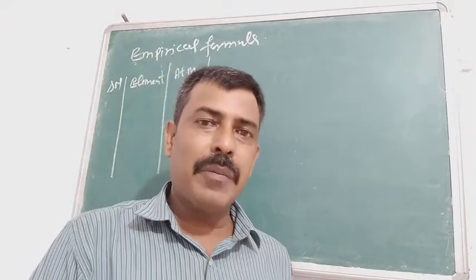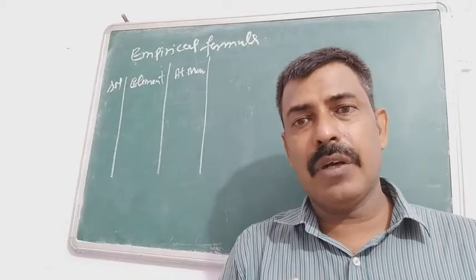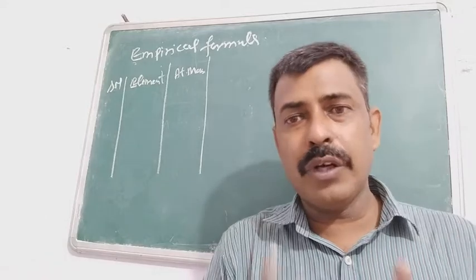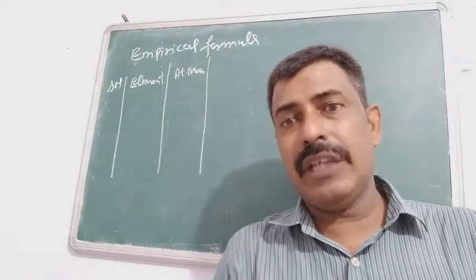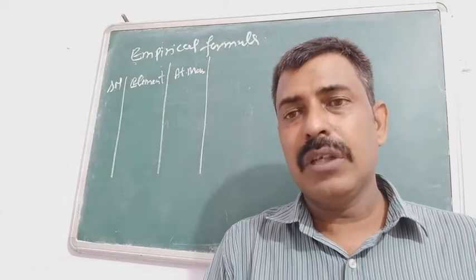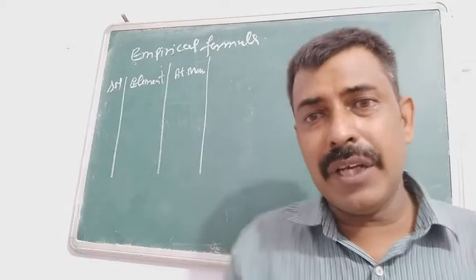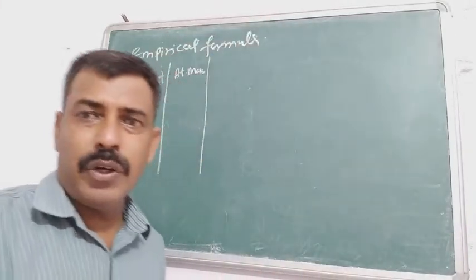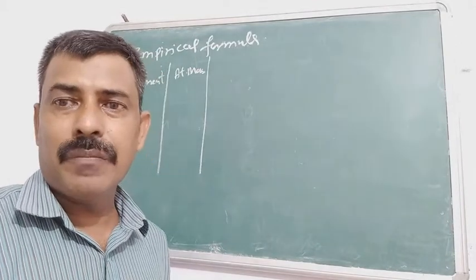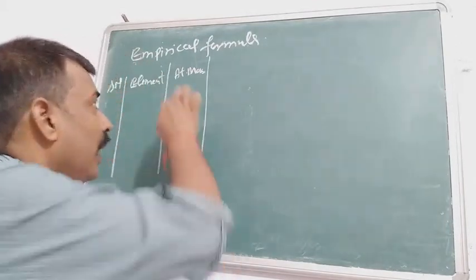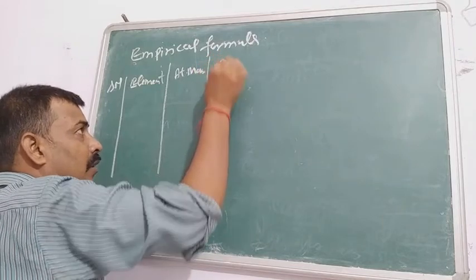And if it is atomic mass, you will write just atomic mass, not the molecular mass. So we are going to get the ratio of the atoms, not the ratio of the molecules, and this is the reason we are only going to use the atomic masses. And I have already told you that I am not using atomic mass, I am using mass number. So atomic mass.